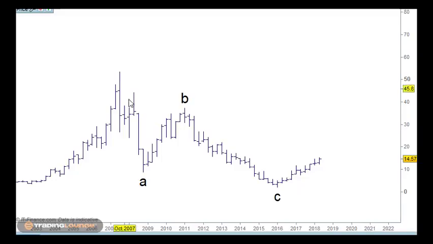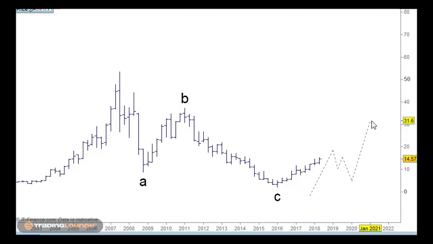So we know that the move down here is corrective. Then we've got our B wave pulling back up to supply levels, or the 61.8% roughly, and then 5 waves down here. So we've been counting 5 waves in this little structure coming up through to here, and then we'll be looking at an ABC pattern here, and then hopefully we'll be moving up here further.